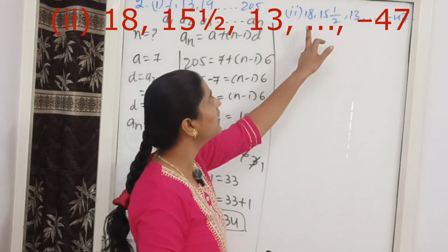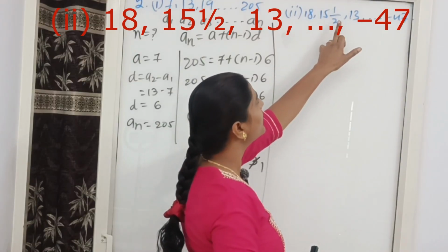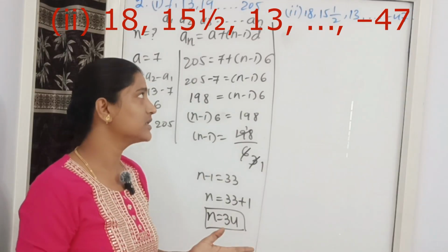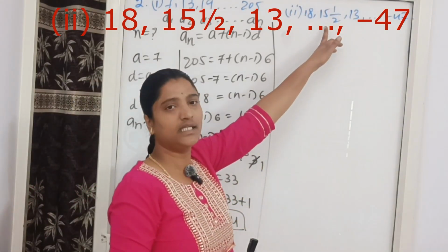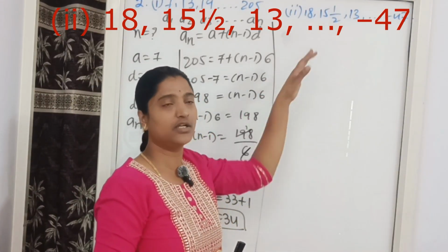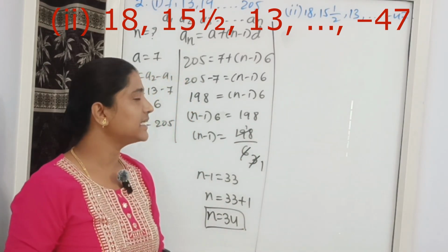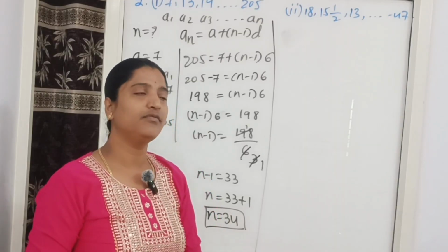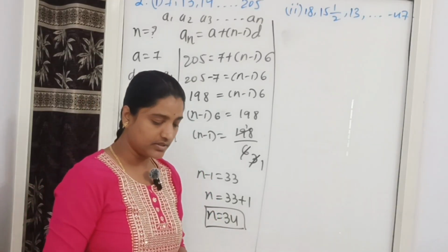Here, look at the numbers 18, 15 1 by 2, 13 and minus 47. All are positive and negative whole numbers except this second term, that is the fraction term, a mixed fraction. And firstly you have to convert that into an improper fraction, otherwise it will lead to a wrong answer. So that is why,